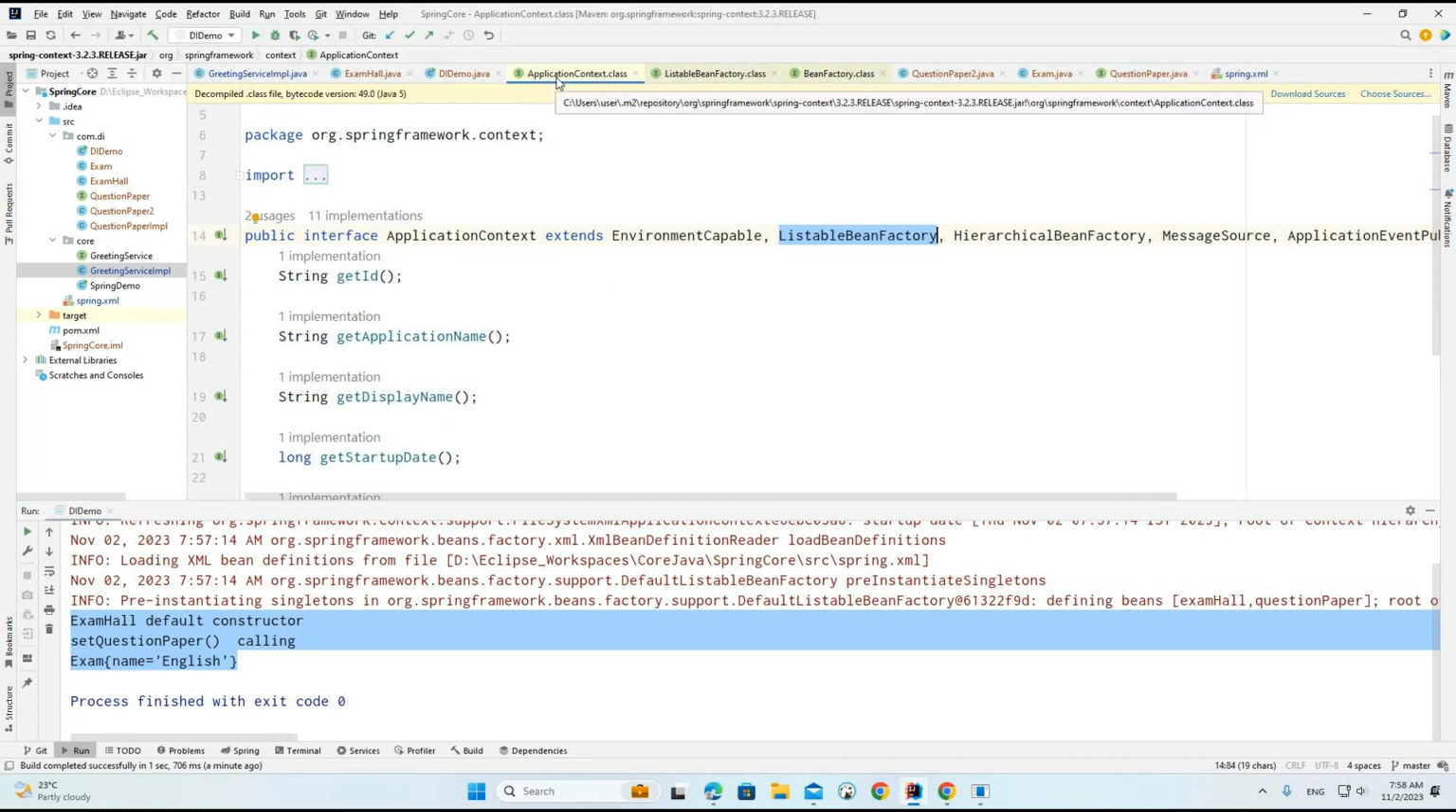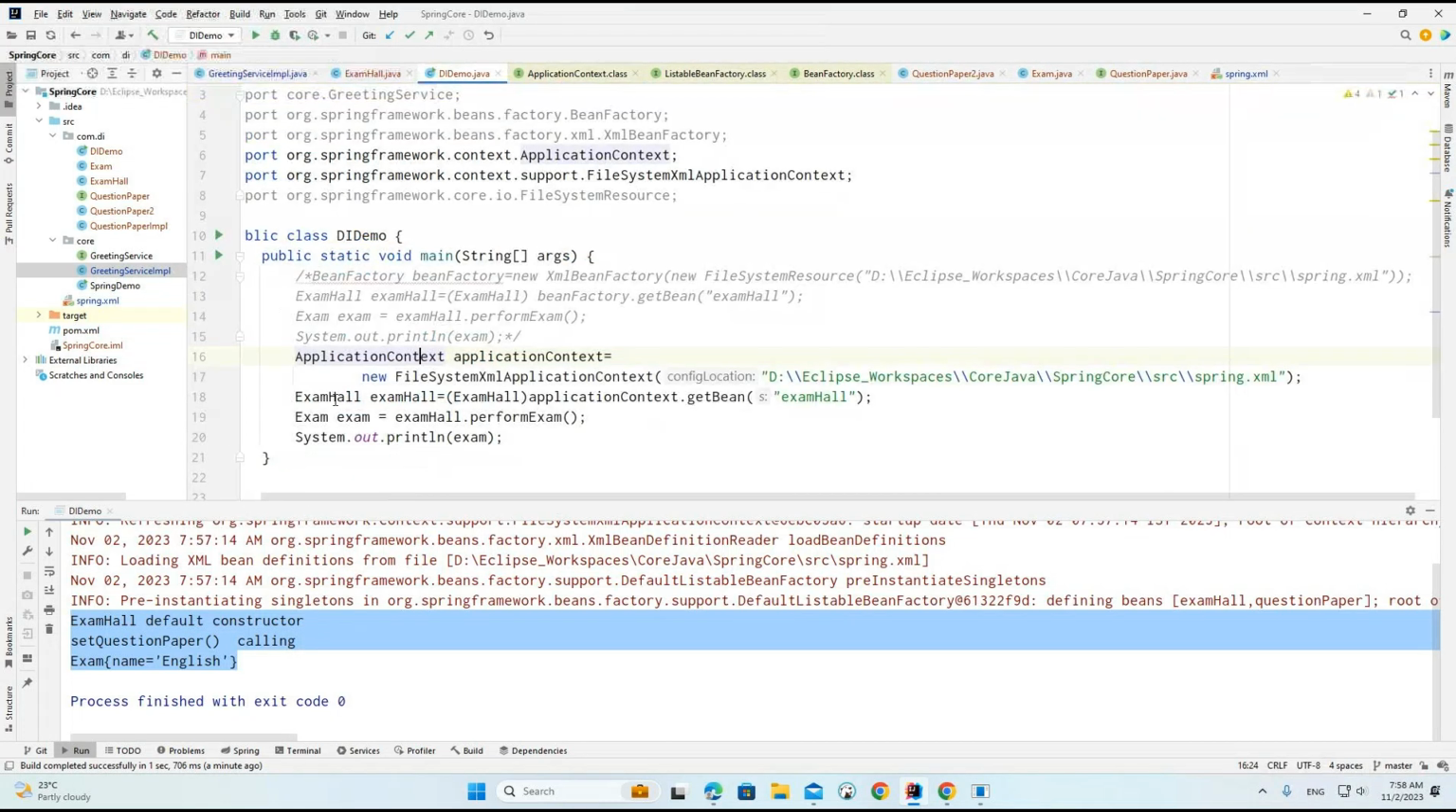Now, yesterday we discussed that application context is going to give some additional advantages compared to the bean factory. So we'll see that. What are the advantages we are going to get? Let's understand with a simple example. The first one is file system, and what are the other implementation classes? Another one is class path